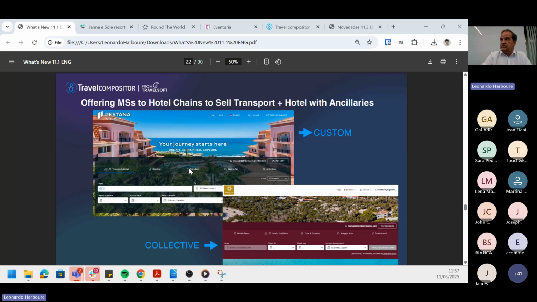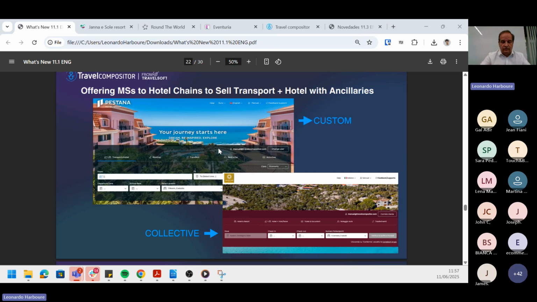If people request some transfer or some rental car or some activities, or their own users on the go staying in the hotels, they can do this kind of reservations. And it's a huge asset that we manage for several operators that have copies in hotel chains. Another option is to have a collective group of copies to offer to independent hotels that maybe you are contracting already, and you can have the possibility